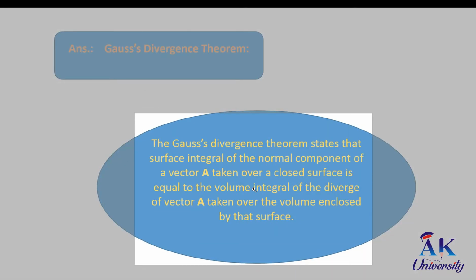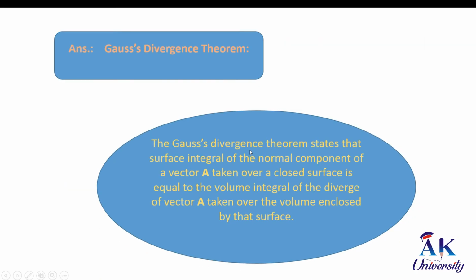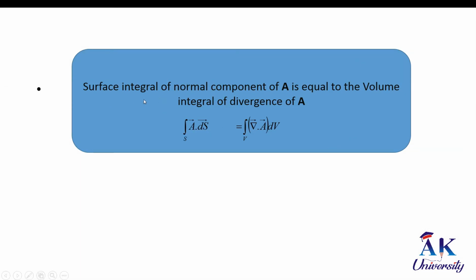Gauss's divergence theorem states that the surface integral of the normal component of a vector A taken over a closed surface is equal to the volume integral of the divergence of vector A taken over the volume enclosed by the surface. This is the basic statement of this theorem. In an easy way we can say that the surface integral of the normal component of vector A is equal to the volume integral of the divergence of A. Mathematically we can say that